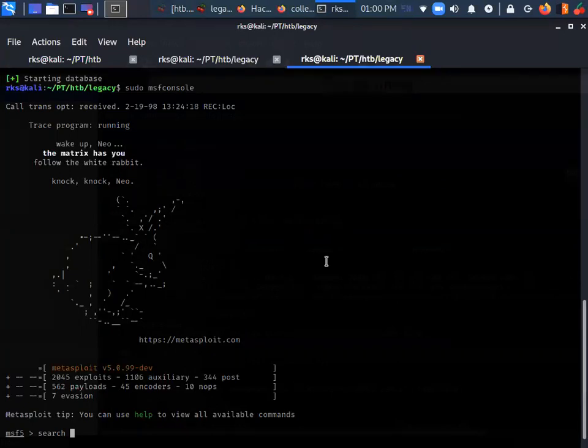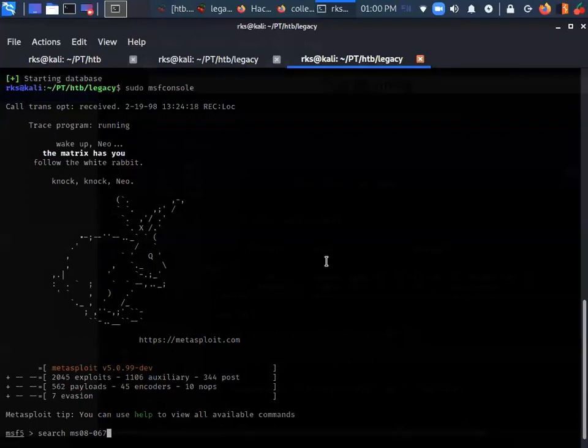You can take a reference from our last session. Now we can search this MS system name, MS08-067.